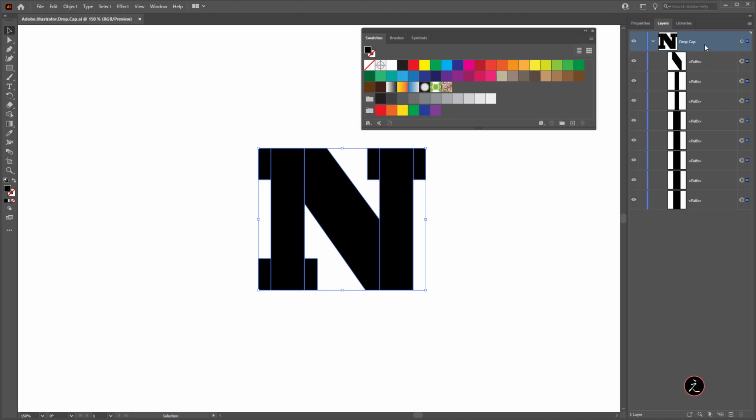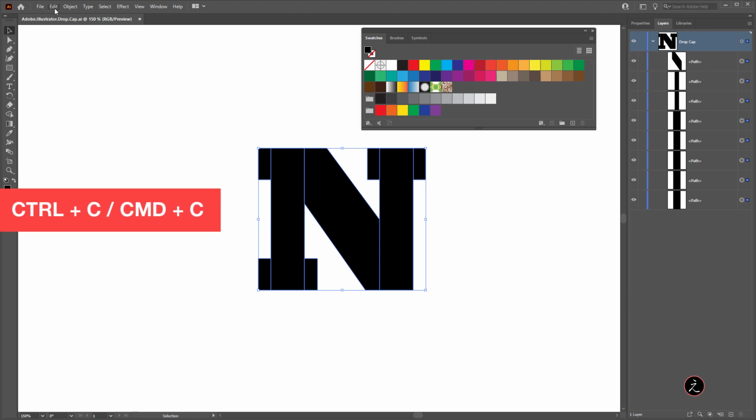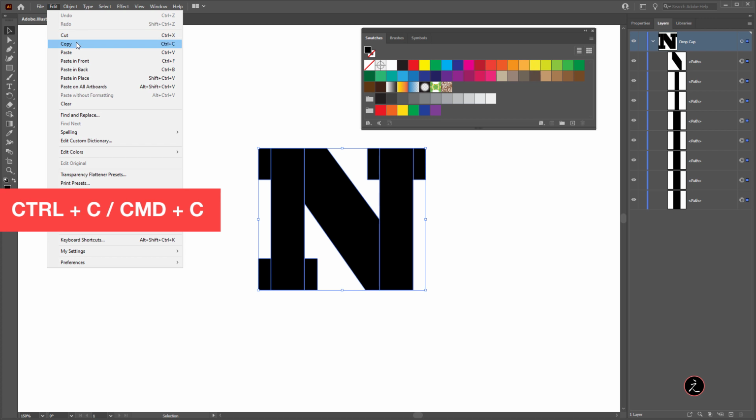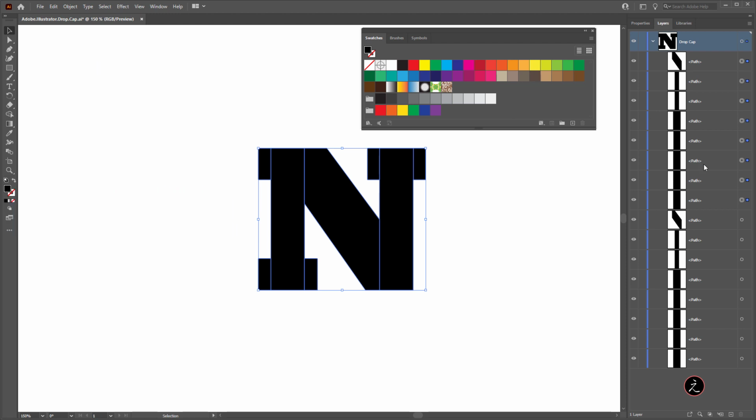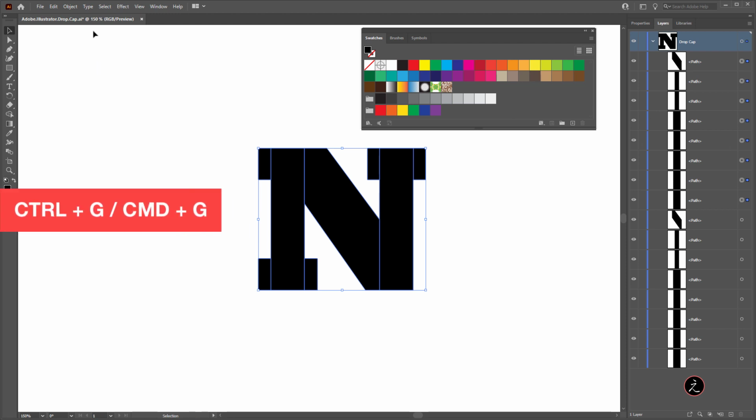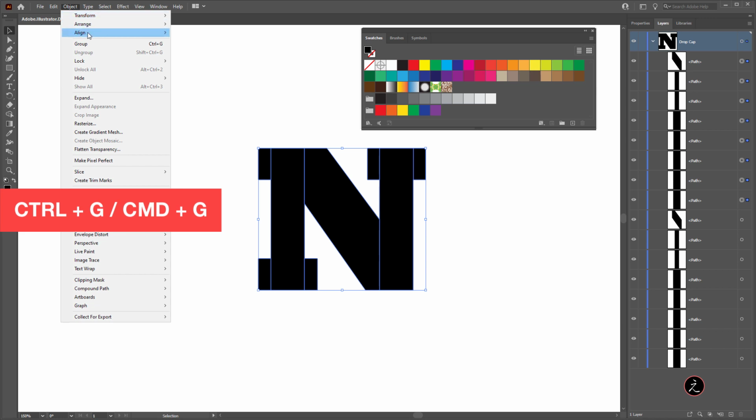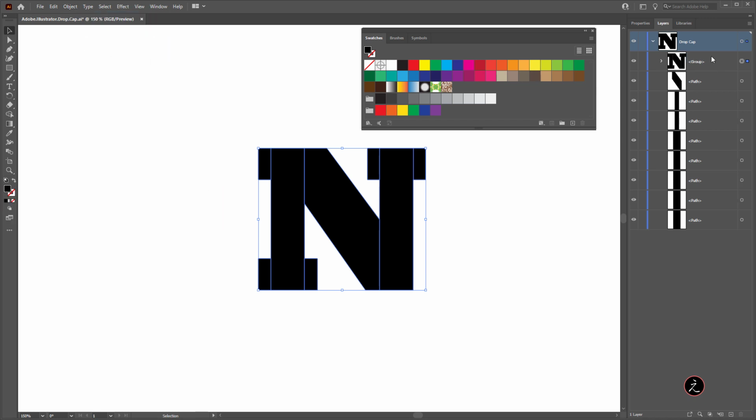Great. Now, before I proceed and actually start applying some patterns, first I will marquee select everything and make sure you can see that inside the layers panel. Go up to the edit menu, copy all of these paths, back on the edit menu, and then paste in front. In this case, I'm going to group all of these paths. So I will go up to the object menu and group them. So here's the first group, which means I will click and drag and bring this at the bottom of the layer stack. This is the first group.